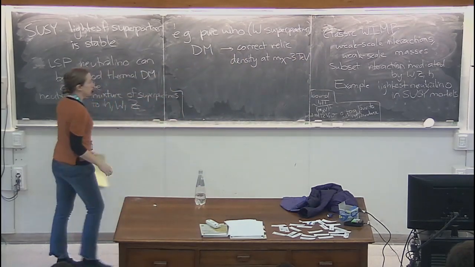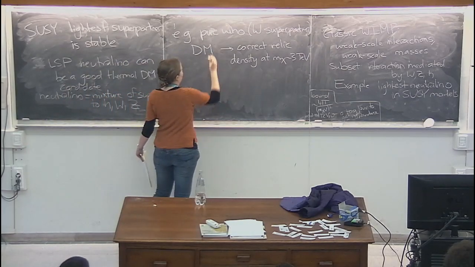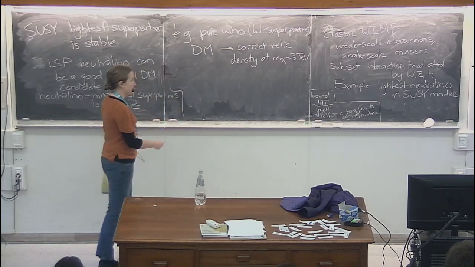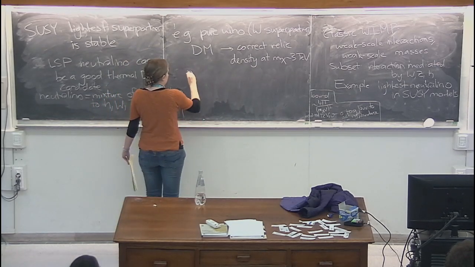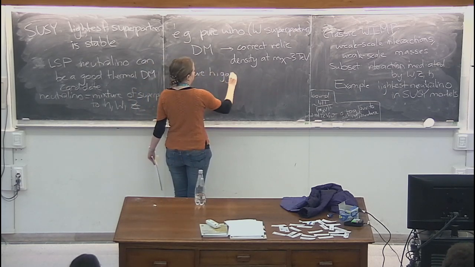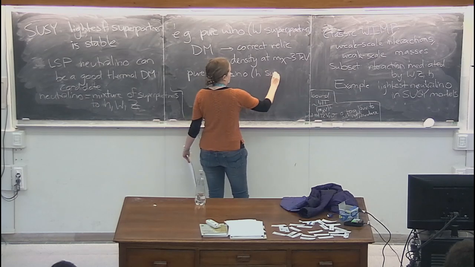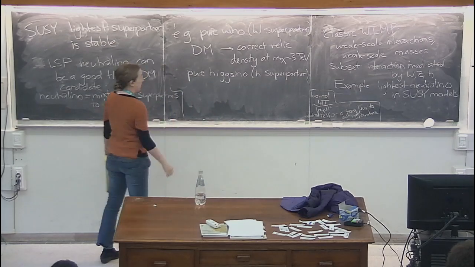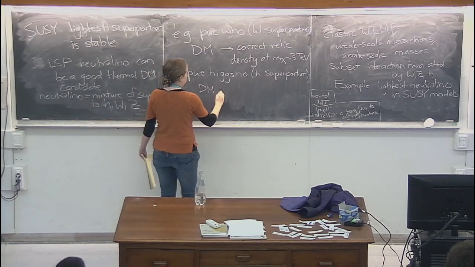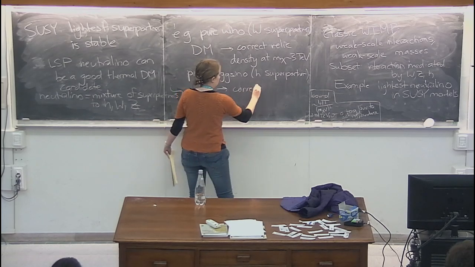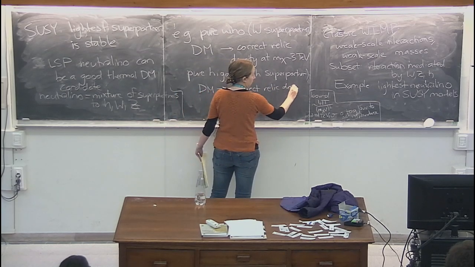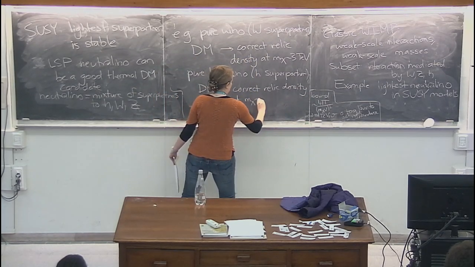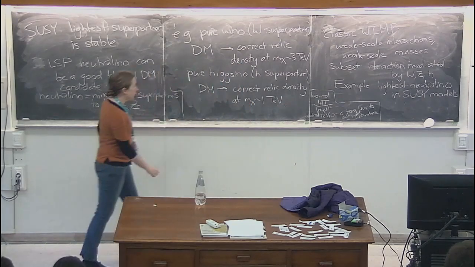This is similar to, as I said last time, if you just took an electroweak alpha, then you guess a mass scale for the dark matter of about 100 TeV times alpha, so that's about 3 TeV. The pure Higgsino, so this is what it sounds like, the superpartner of the Higgs. If your lightest supersymmetric particle is a nearly pure Higgsino, then that's also a good dark matter candidate, and it gets the correct relic density through this thermal freeze-out process, just exactly what we calculated last time, at a mass of about 1 TeV.